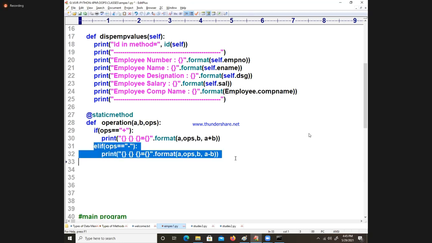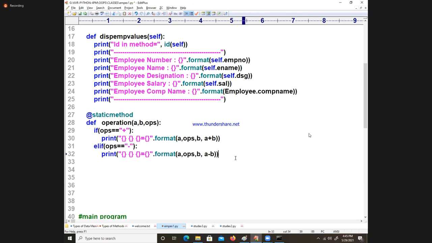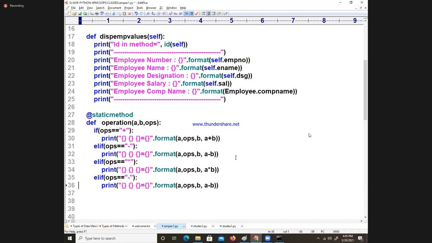Next I will write what? Copy paste. I will take elif, that is called star. For example, star. Like that, you can write like a calculator application. It is a utility operation. Then slash. I can apply slash. So two types of decorators are there. One is called class method. One more is called static method. Like that you can do A by B.